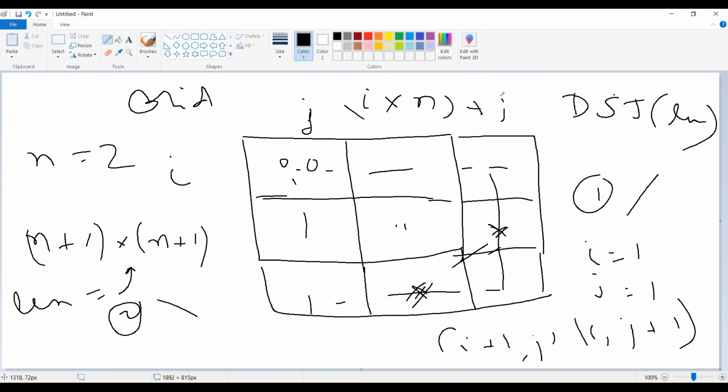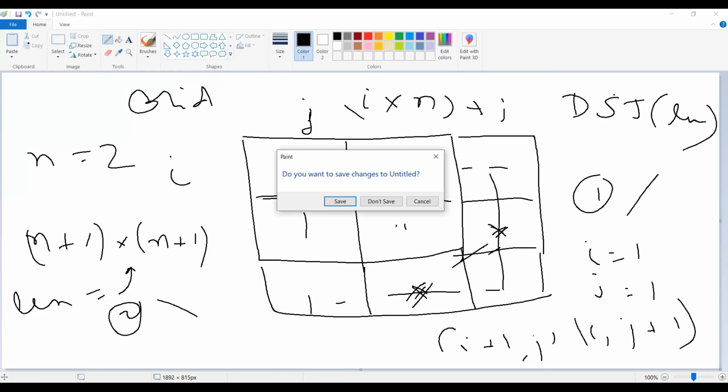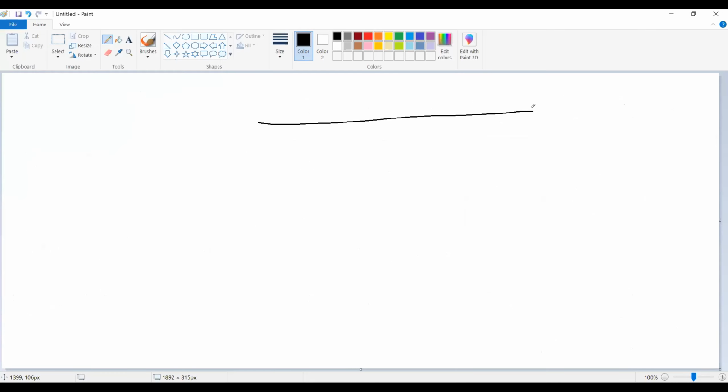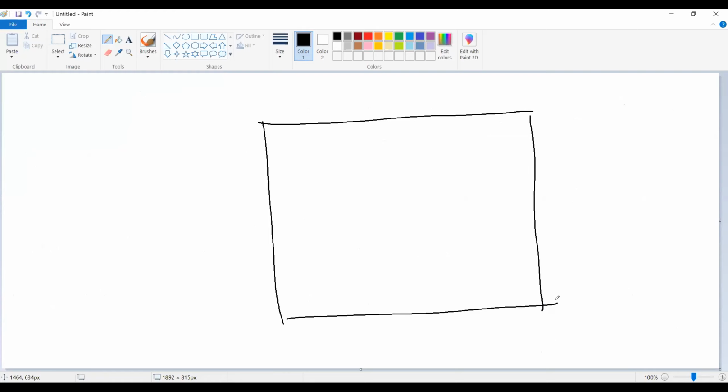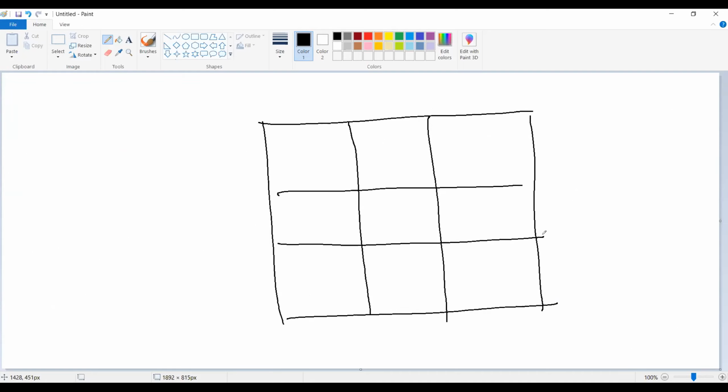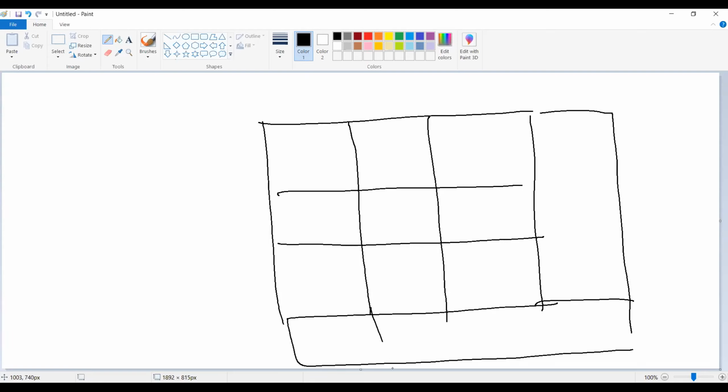Because I'll give a slightly bigger example so things might be clearer. If we have this example here, and this is the extra row and this is the extra column that I'm adding, then my array is 3 by 3 now.